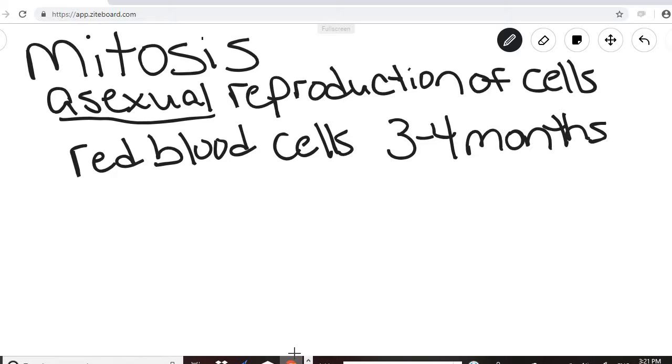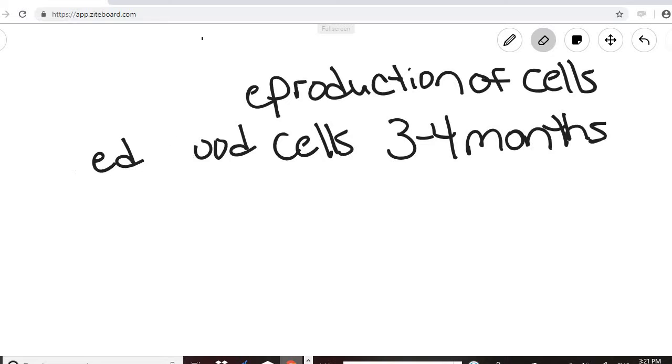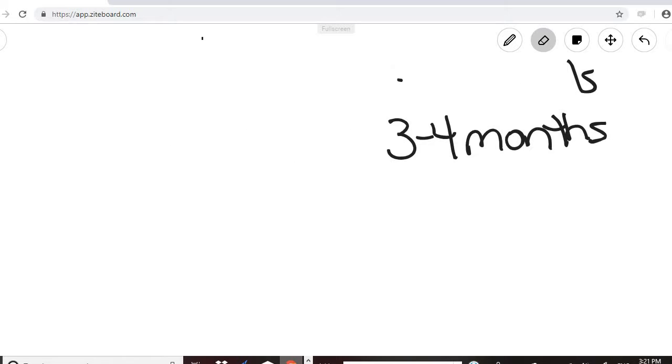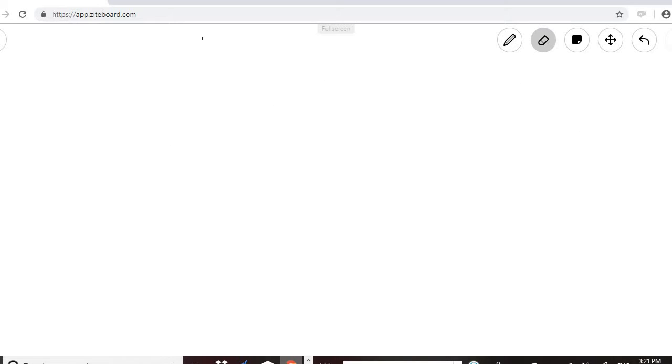Or every time you touch something, you have dead skin cells that are rubbing off, sloughing off of your hands onto whatever it is that you touch. So our skin cells are constantly dying, and those cells need to be replaced, and they are replaced by asexual reproduction of skin cells. So growth of cells and growth of organisms and replacement of dying cells